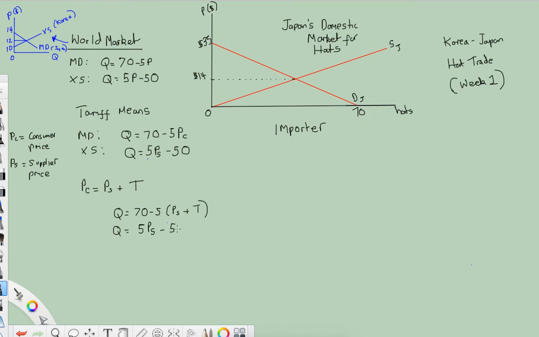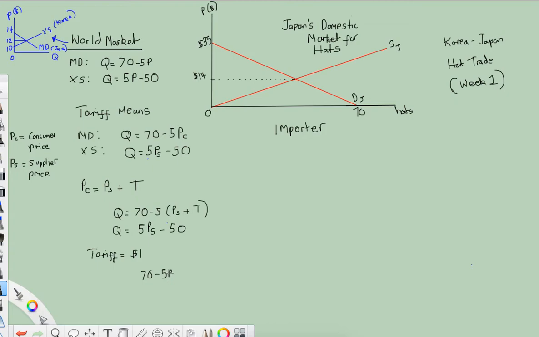minus 50. And right now, why don't we just pick a tariff? We've always been picking specific tariffs. We don't have a lot of room for maneuver between 10 and 14. So let's just pick a tariff of $1. So let's say that the tariff, or T, is equal to $1, and we'll see how they split it. So what we're going to do next then is substitute in for the dollar. So we've got the size of the tariff, so we get 70 minus